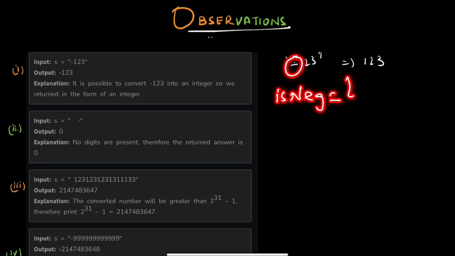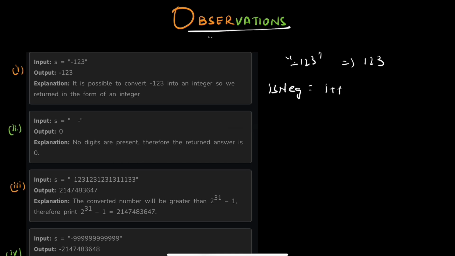If it is minus, then we'll mark it as true, else we'll mark it as false. Now how will that variable be useful? After finding the result, we'll check whether the is negative variable is false. If false, then we'll not multiply by minus, but if it's true, then we'll multiply by minus. And one more point is, if that number is found to be negative, then we need to increment our I